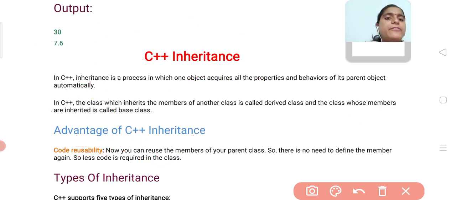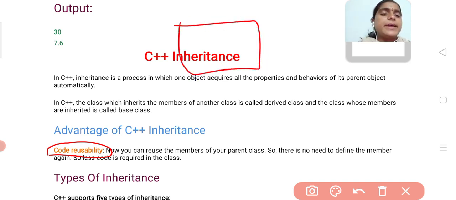Then what is the advantage of inheritance? The main advantage of inheritance is code reusability. Code reusability means we can write the code once and reuse it anywhere at any time, so we can reuse the already existing code.